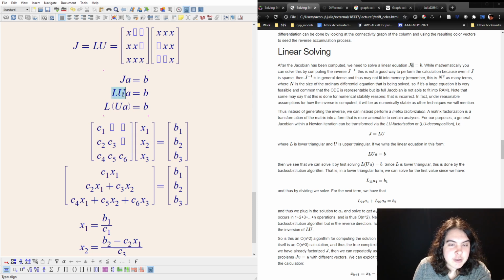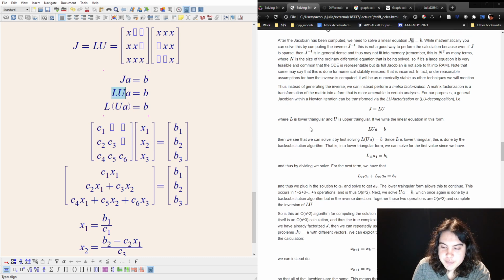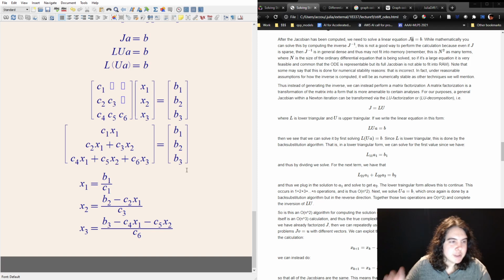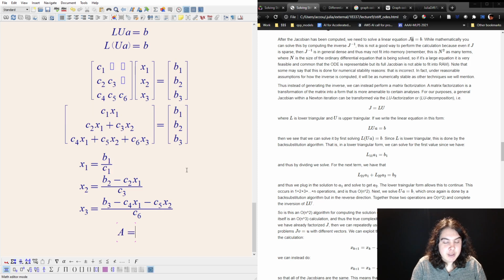So if you can find out L and U, which is the part that we're going to leave off because that's a whole thing. But it turns out that calculating L and U is equivalent to doing Gaussian elimination, because what you essentially do is, remember Gaussian elimination. You say, oh, subtract row 1 from row 2, right? You can write out subtracting row 1 from row 2 as, my original matrix J is equal to E1, where E1 is the elementary operation of subtract row 1 from row 2, which is the same thing as saying, it's